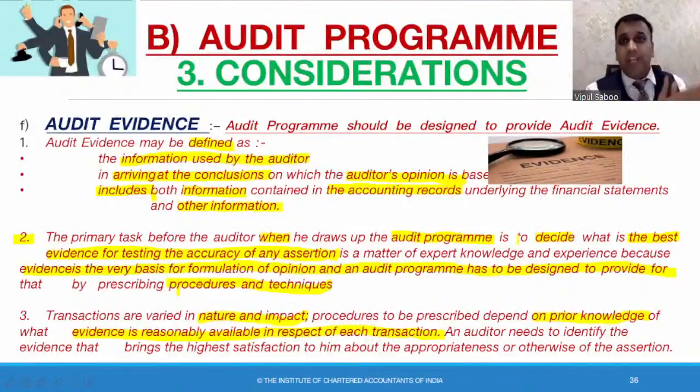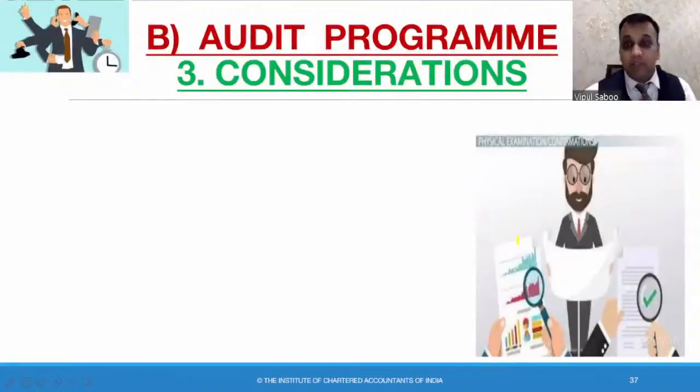This is the audit trail, which I told you about. Someone asked about audit trail as well. So this was the audit trail, right? So I checked each and every part from start to end, developed a trail, and yes, this was an audit procedure. Okay, and I'll put it in my audit program as well. You have to check each and every part. So the auditor needs to identify what brings highest satisfaction to him, and that should be a part of his audit evidence. So this was about audit evidence basics.